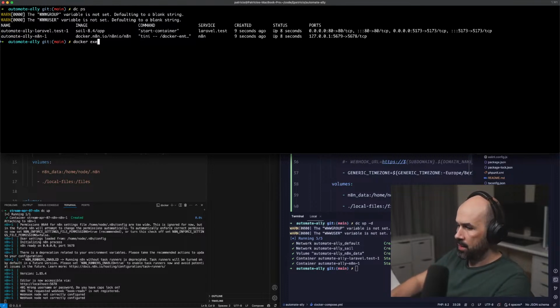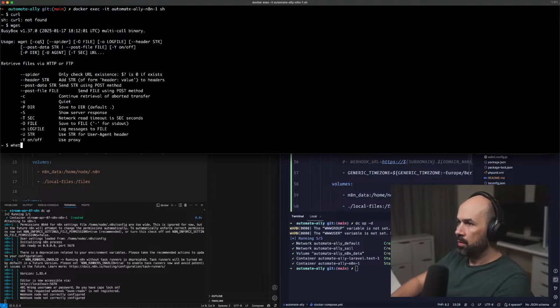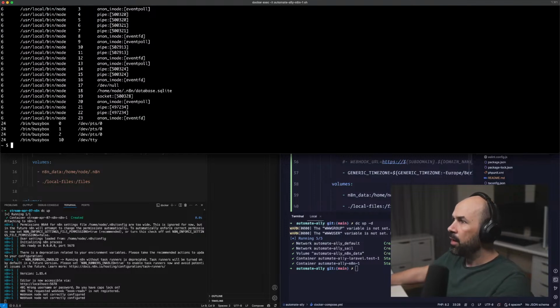So docker exec, let me see what's happening in the container. Does it have curl? No. We get localhost or ps. Oh, wait, yeah, ps minus I lsf.